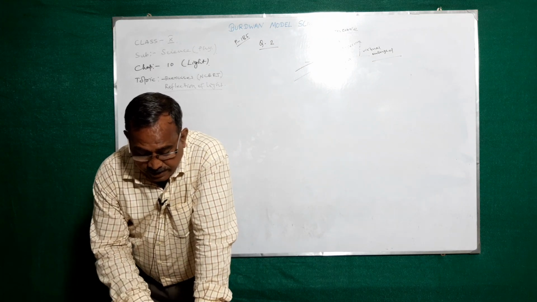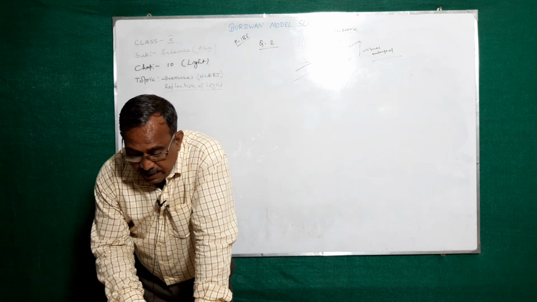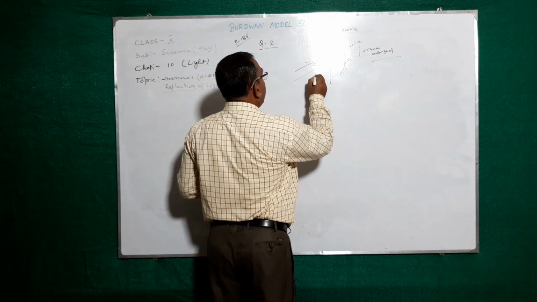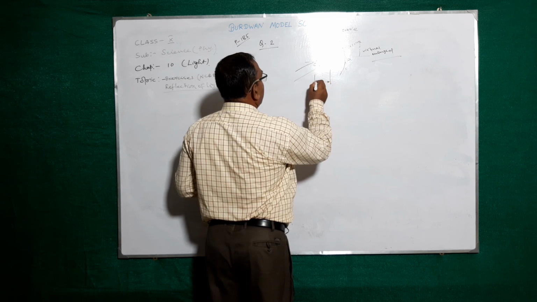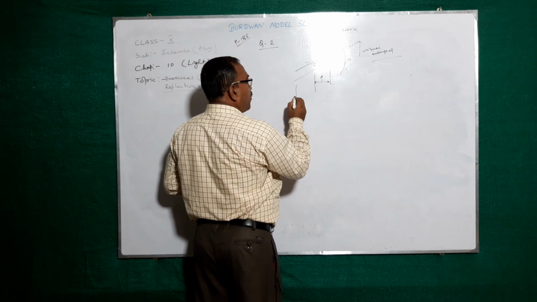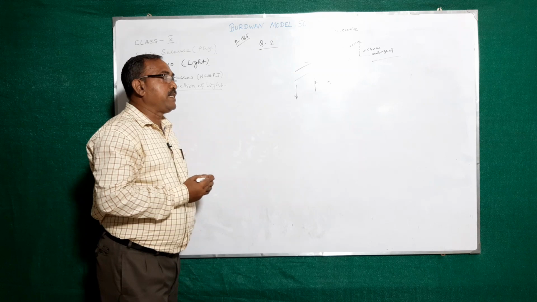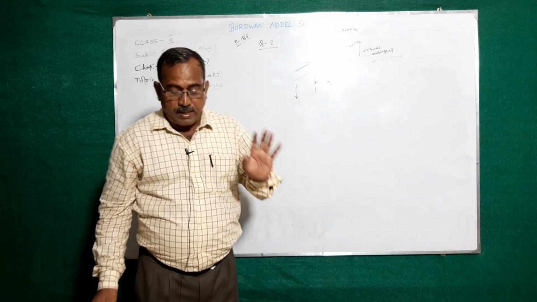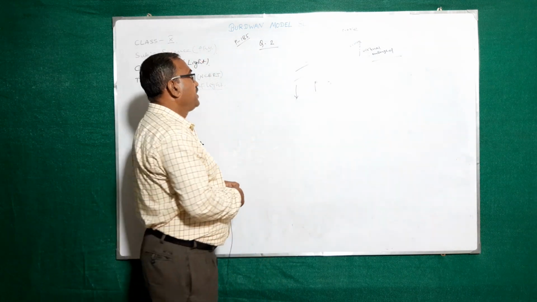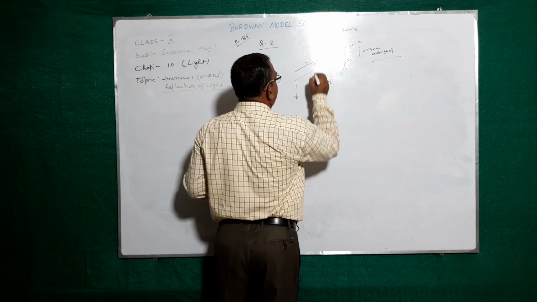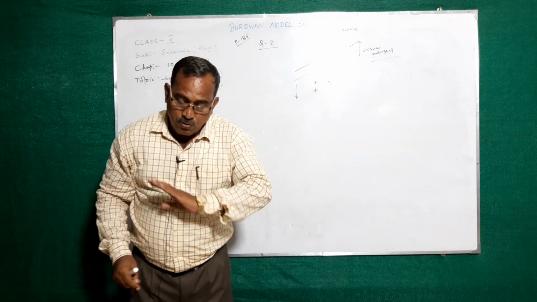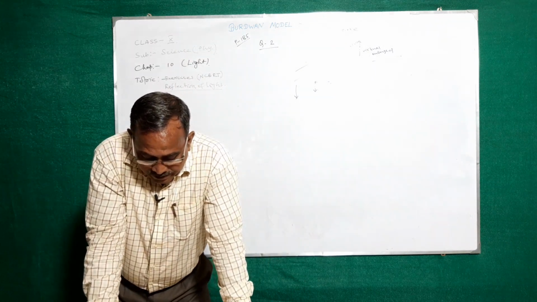Which one is the correct answer? Between the principal focus and the center of curvature. You know it. If the object is placed in between the C and F, the image will form behind the C, real and enlarged. So, the first one is not the correct answer. Second one, at the center of curvature. If the object is placed at the center of curvature, the image will form at the center of curvature, same size and real in nature. So, the second one is not the correct answer.